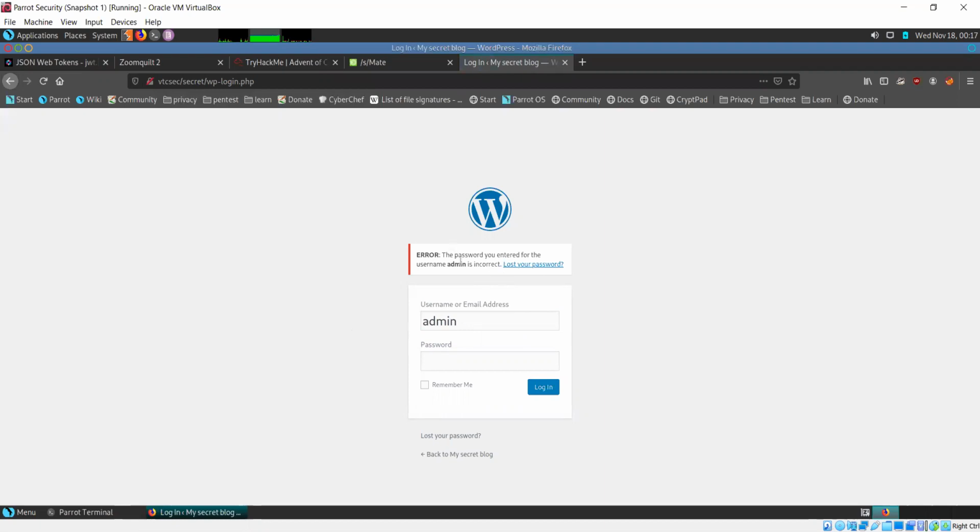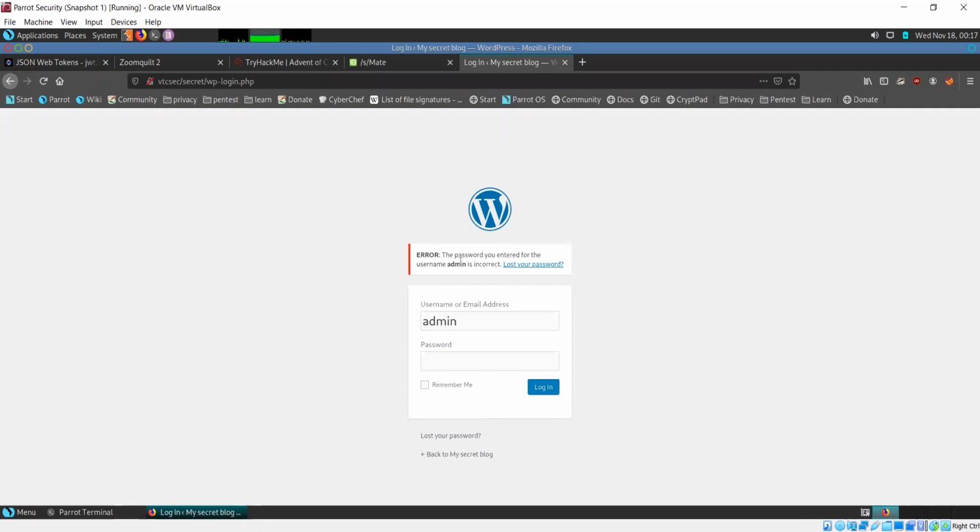So in this case, WordPress has been incorrectly configured, because you should never be telling a user that the password they have entered for a particular username is incorrect, because if they didn't know that the username existed, now they know. So you are giving away information without any purpose.